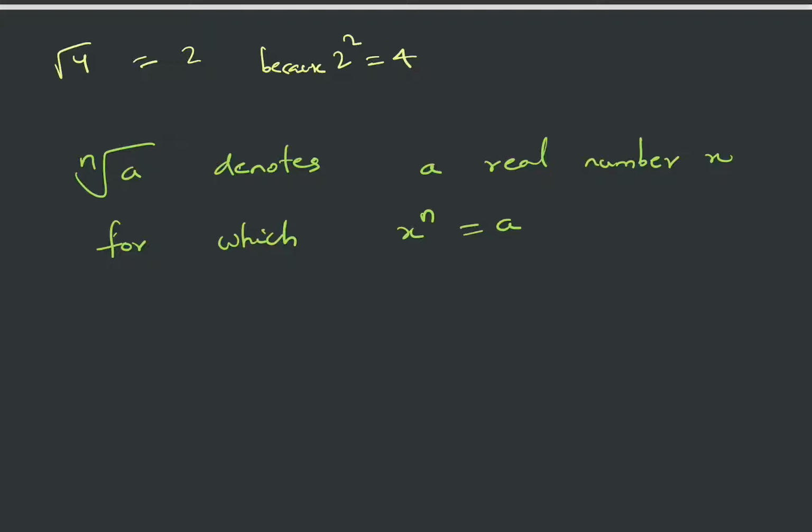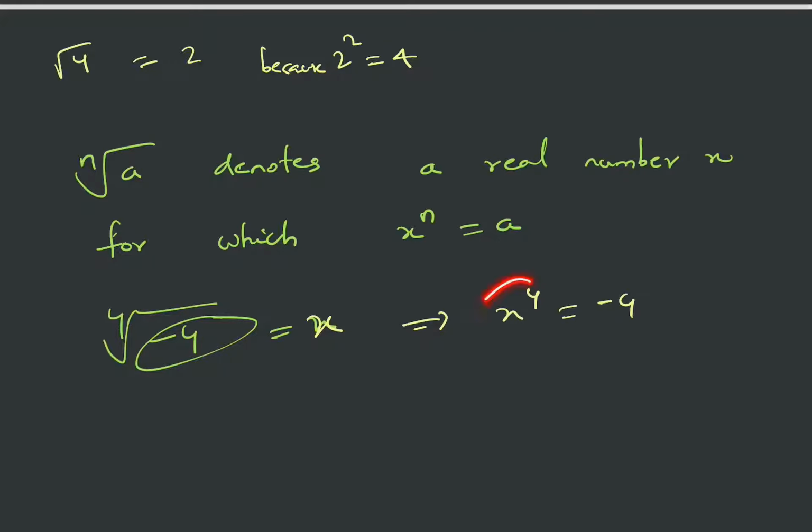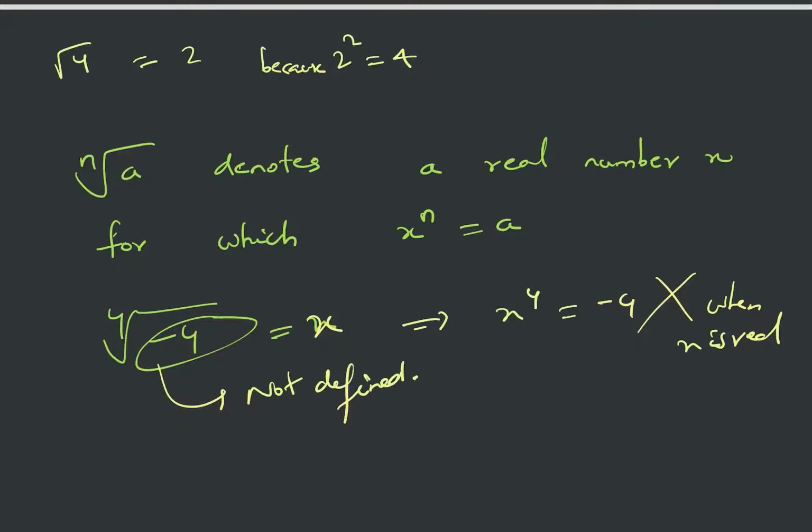So this is the thing, that nth root of a simply denotes a real number x for which x power n is a. Now see, if you have 4th root of minus 4 and say this is x, we have told that this is not defined. Let us see why it is not defined. Say this is x, then x power 4 is minus 4, but you know that a real number is either positive or negative, and a positive number or a negative number, if you raise it to 4th power, you can't get a negative number. So this is not possible when x is real. So that's why this is not defined, fine.